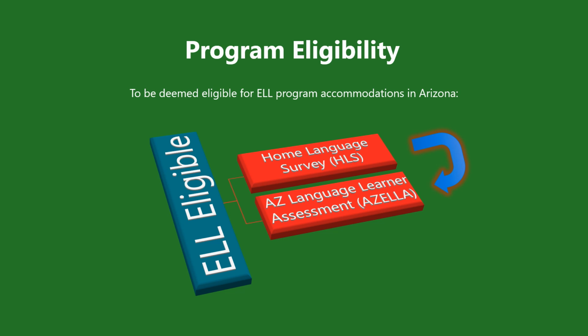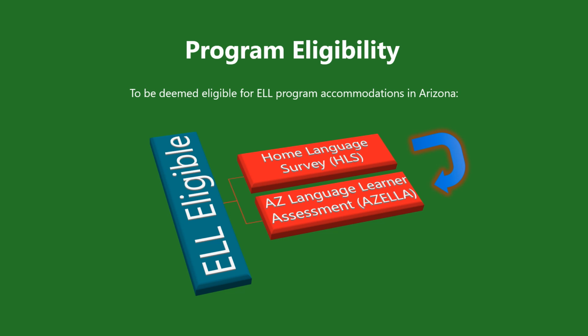It is filled out by a parent or guardian when the student enrolls in the student's school, and it asks basic questions such as the language used at home. A parent or a school official may also request that a survey be filled out if not done initially.